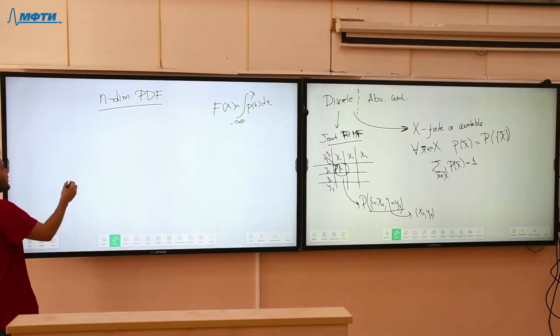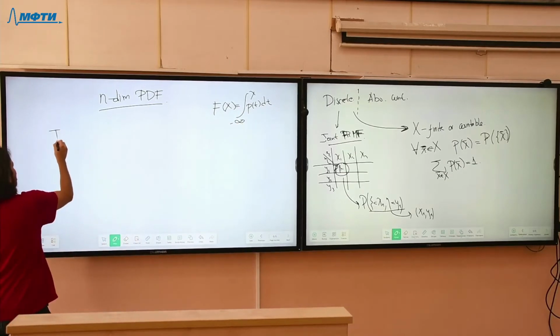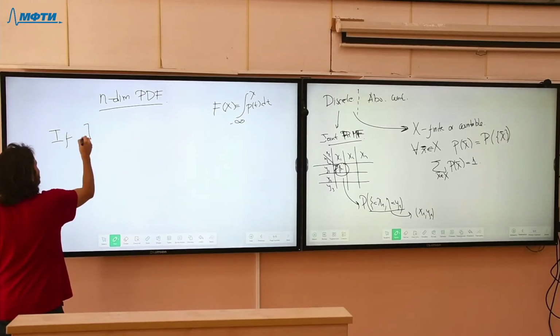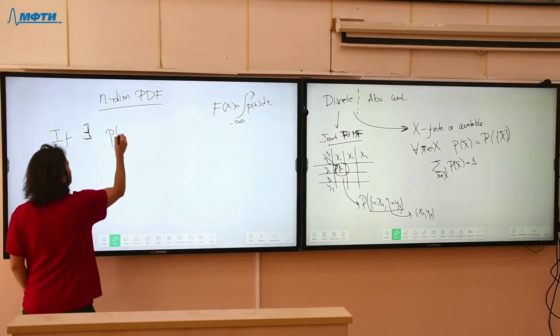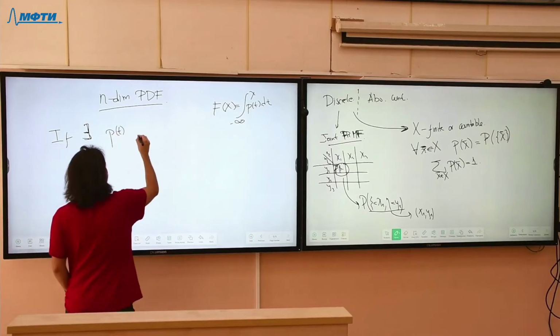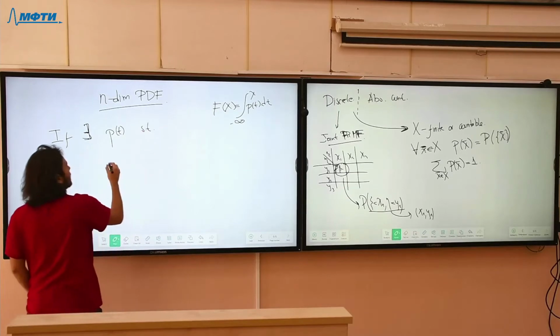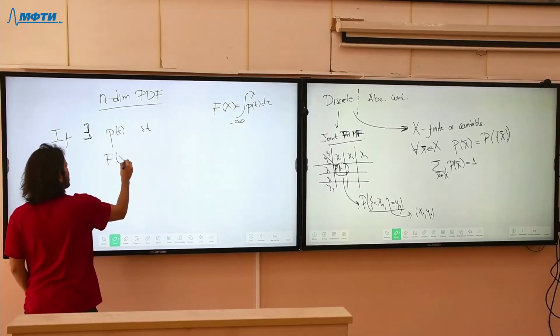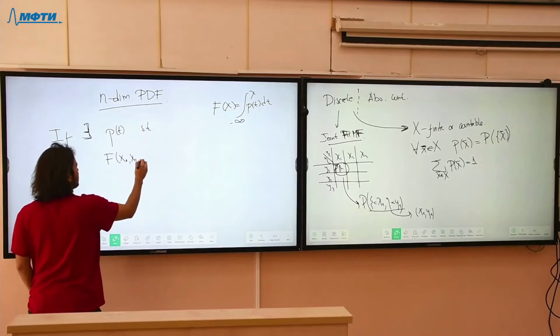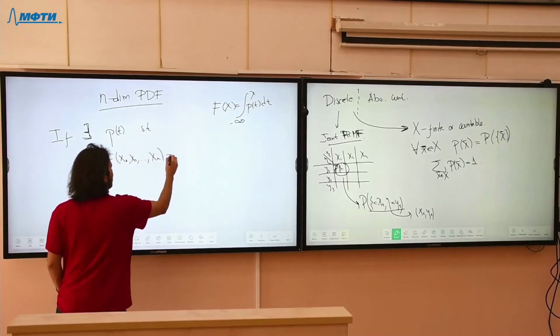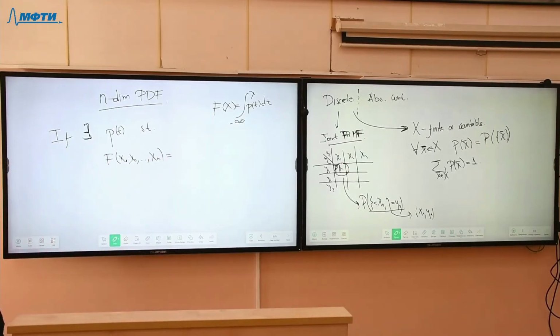So if there exists such a function p of t such that F of x1, x2, ..., xn is equal to the